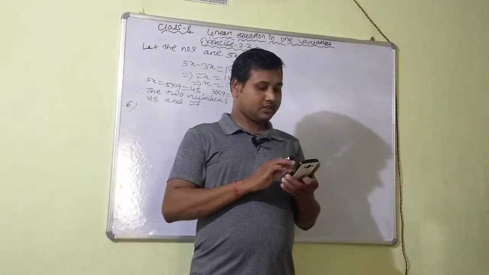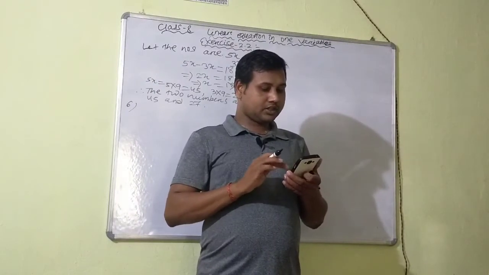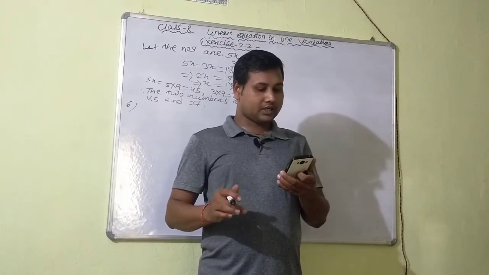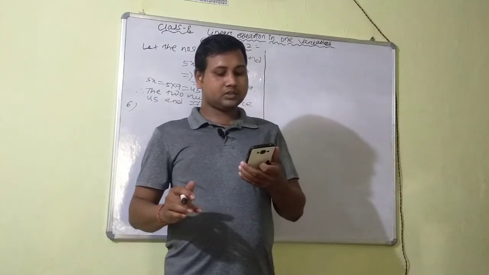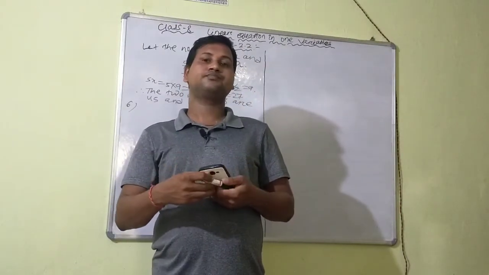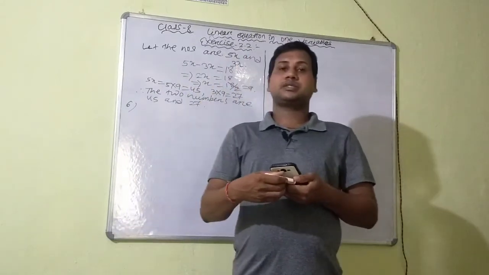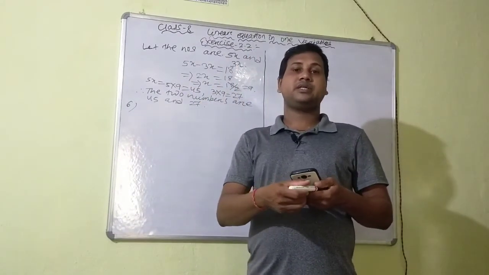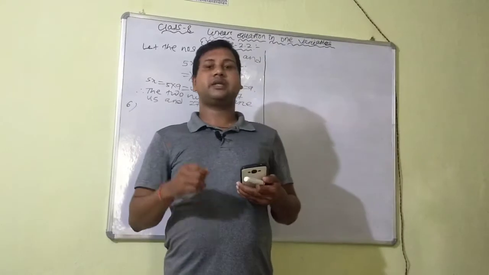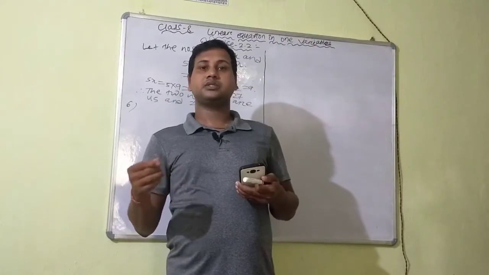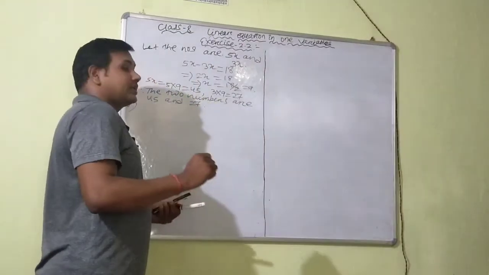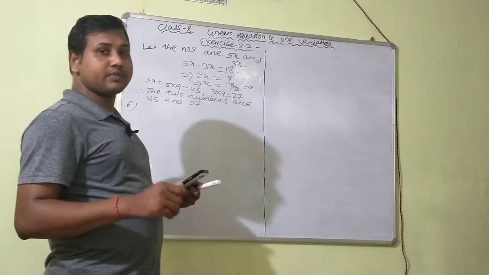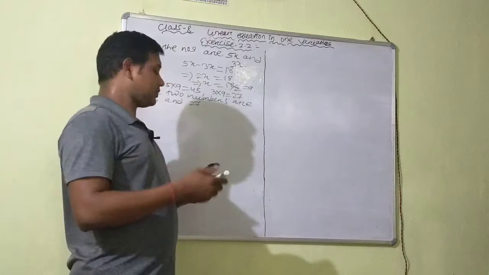The question given here: three consecutive integers add up to give 51. What are these integers? You know, consecutive integers mean they differ from each other by 1. So we will write down, let the three consecutive numbers be x minus 1, x and x plus 1. Okay,